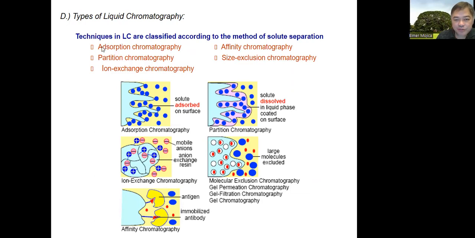So we have adsorption, partition, ion exchange, affinity chromatography, and size exclusion. Now, most of the things that we're going to talk about are between these two: adsorption and partition. That's really the basic